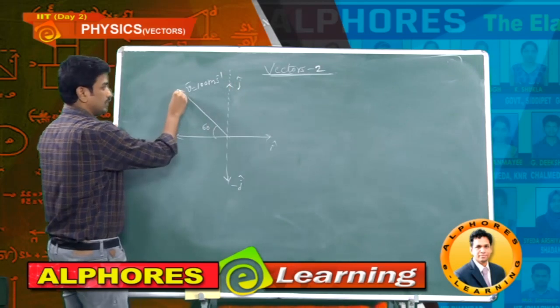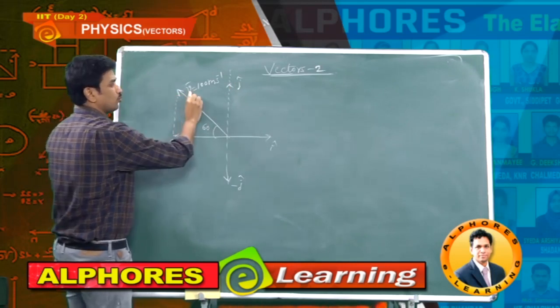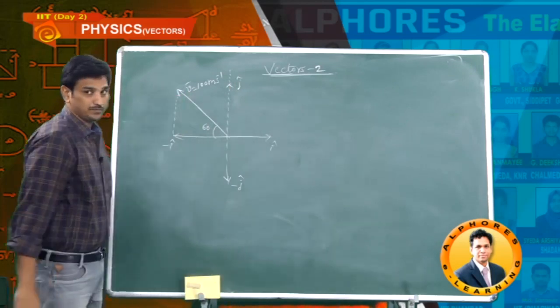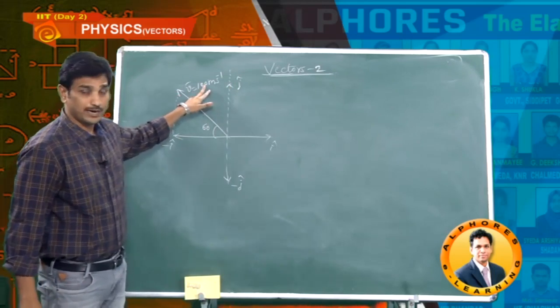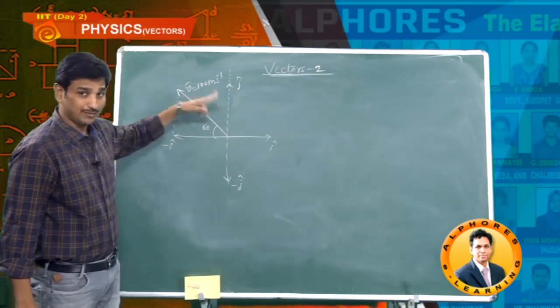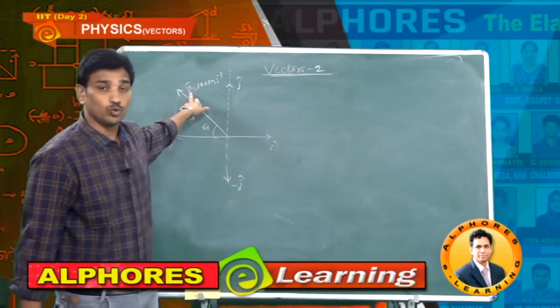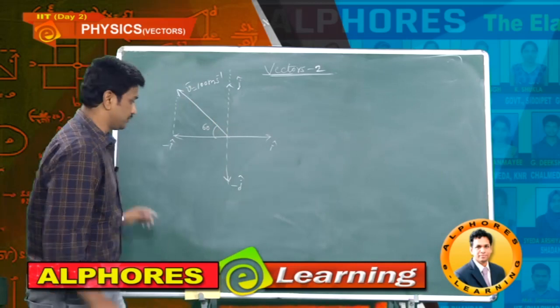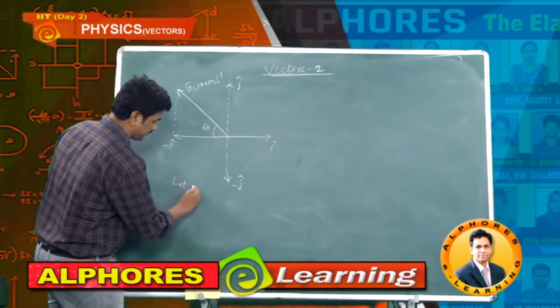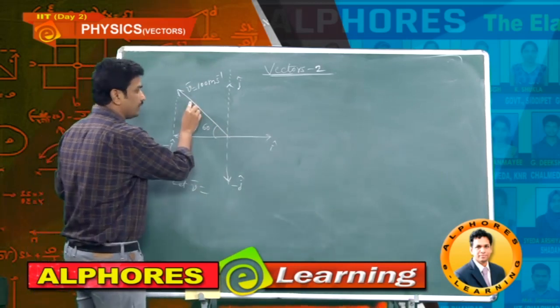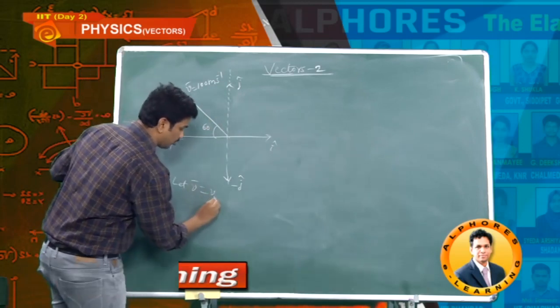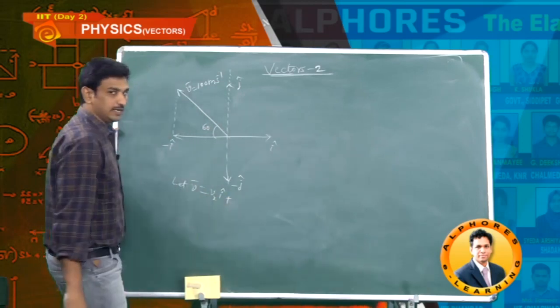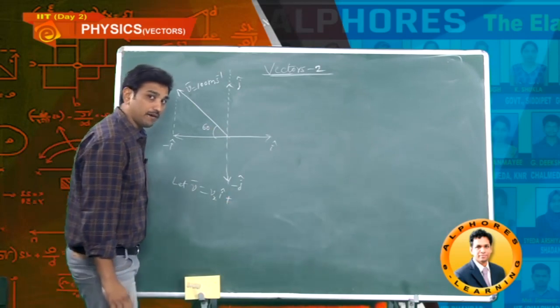Now again, I don't know the vector form of velocity. I know the magnitude, but I don't know it as a vector. This is in 2D. How many components does it have? Two components. A vector in 2D has 2 components, we all know that. A vector in 3D has 3 components. A vector in 1D has 1 component.